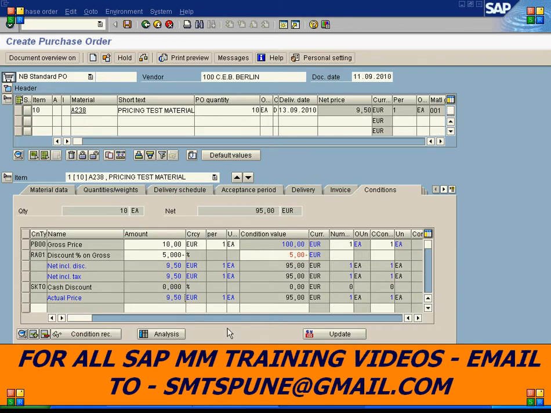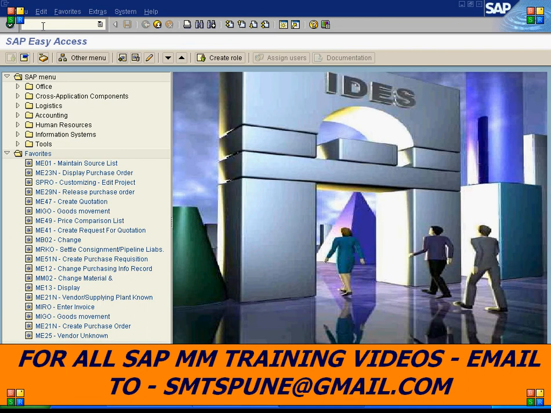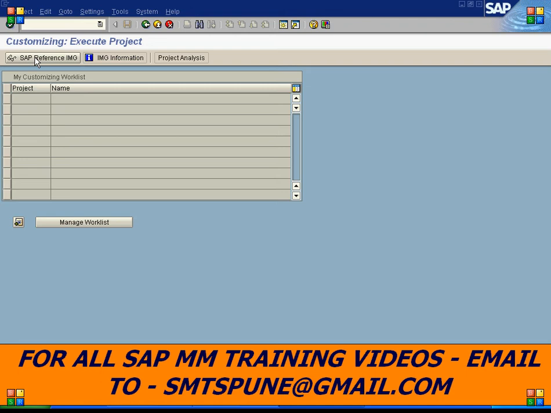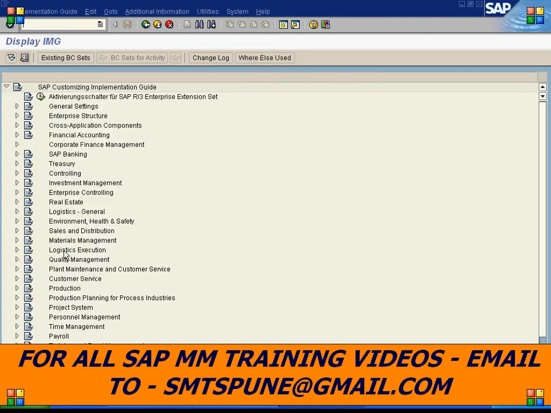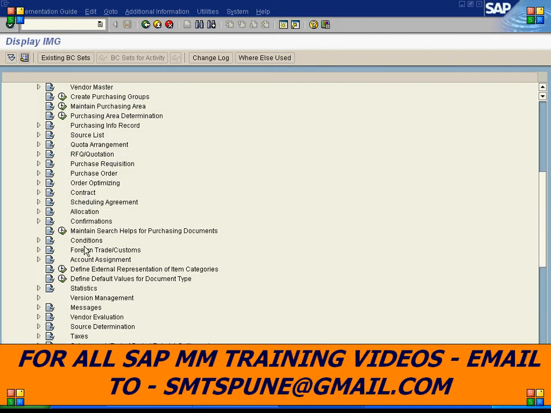So this calculation structure is called the pricing procedure, and we'll see how that is configured. This pricing procedure is configured in transaction SPRO, which is the customizing transaction SPRO. Okay, click on this SAP reference IMG, and in that select materials management. Click on purchasing, and in that conditions